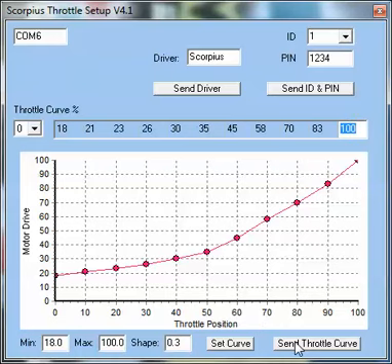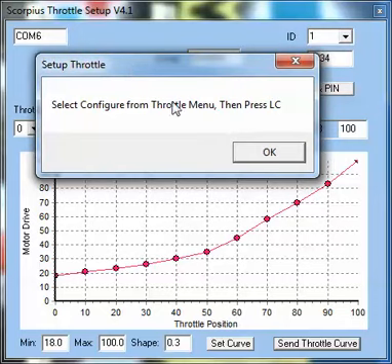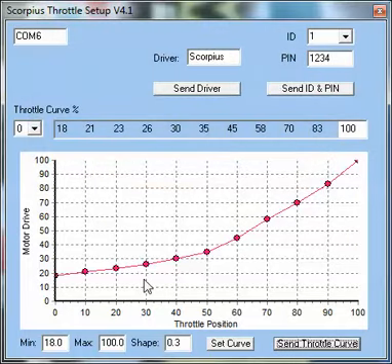So just to remind you again, I'll go to the throttle next. Press the menu button for 2 seconds. Scroll to config from PC. Press the send throttle curve. And I'm just sliding this across because it's off screen. I'll press the lane change button, which puts it in boot mode. Then press OK. And that throttle curve will now be stored on 0. It's that easy. While I've got you here, if you want to send your name,